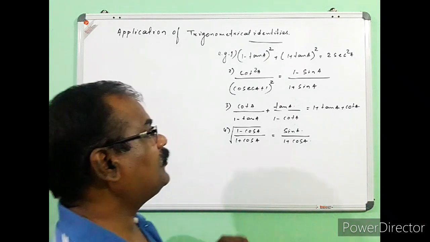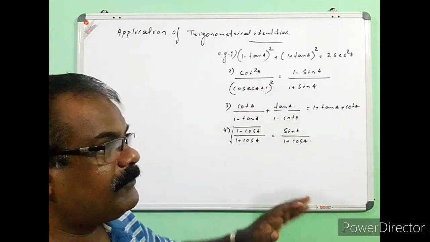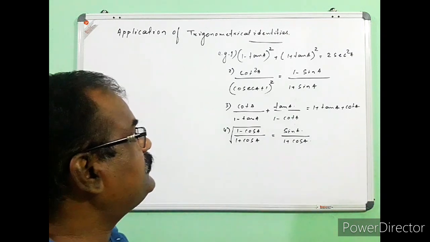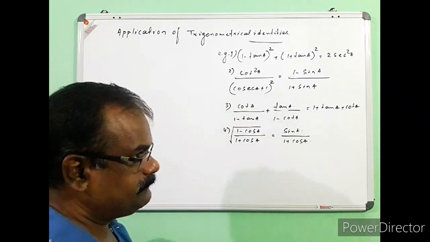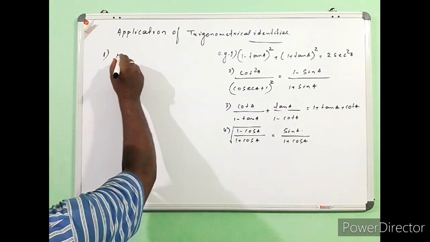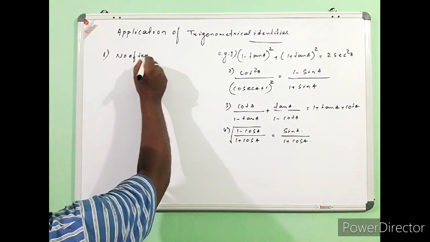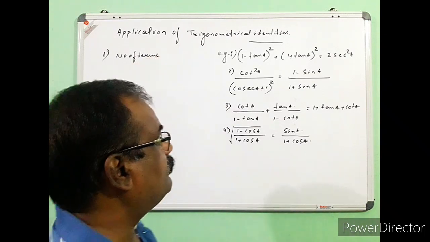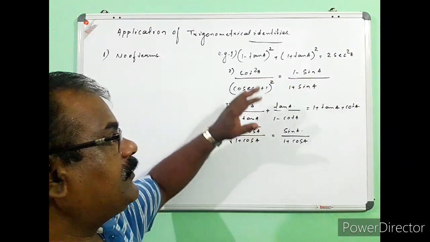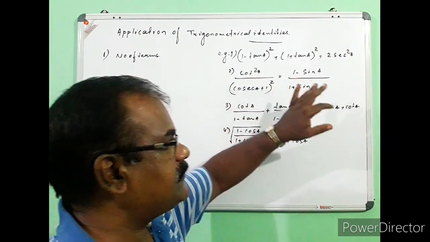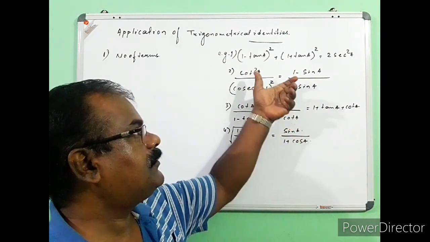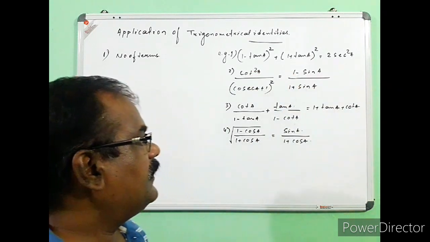Number 1, the number of terms. Before proving or analyzing a particular side, first of all see how many terms are there. So the most important fact, number 1, is the number of terms. It would be better that wherever the number of terms is more, provided the degree of the polynomials remains the same, you go on splitting the more numbers of terms into fewer terms. Now take an example.